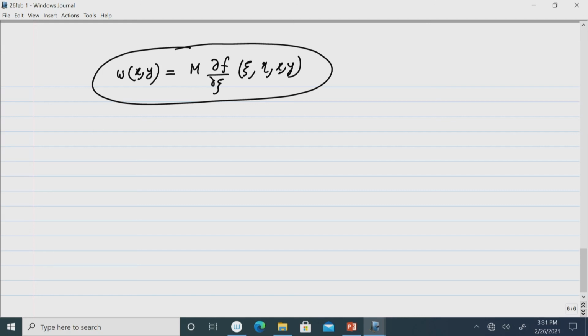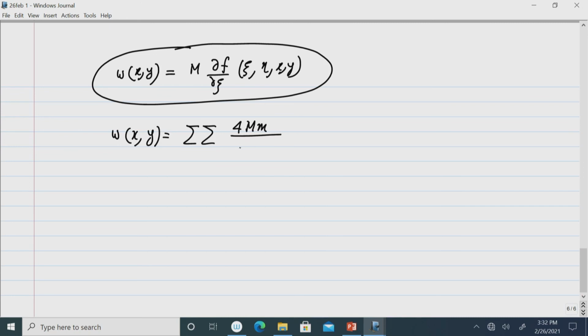So, f(xi, eta, x, y) has to be differentiated with respect to xi, with respect to location. That means, first you differentiate with respect to x and then put the value of xi. So, that is the process of solving the problem of concentrated load. That means, in expansion form we can write W(x, y) is 4 m,